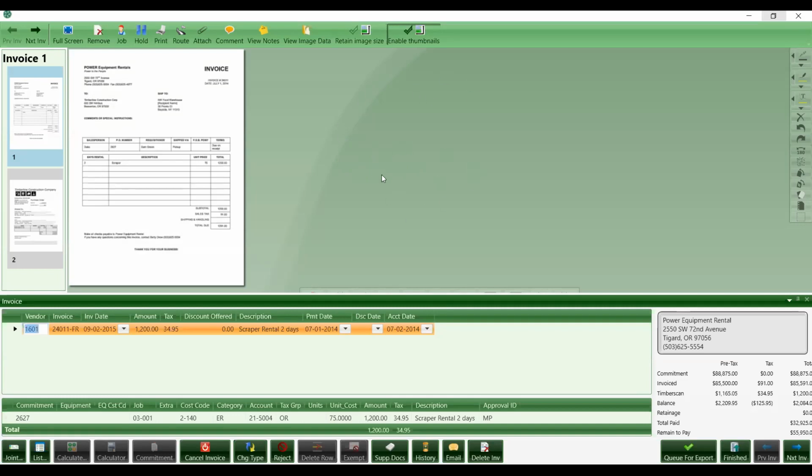All right. So the look and feel, like I said, is very similar to the other screens. The difference here is this queue for export button. Okay. So as a final review or approver, you would go ahead and queue for export, and then this is going to move that invoice to the export queue. Now, once it goes over into Sage,